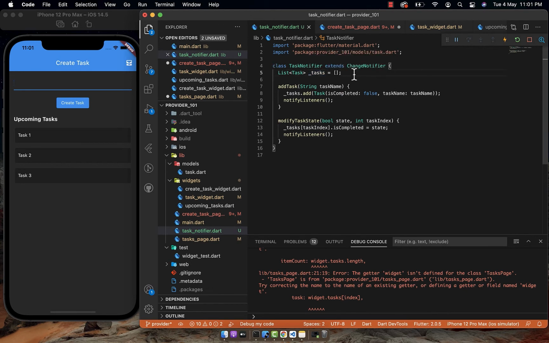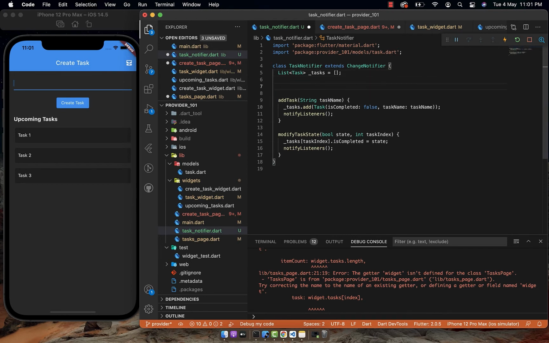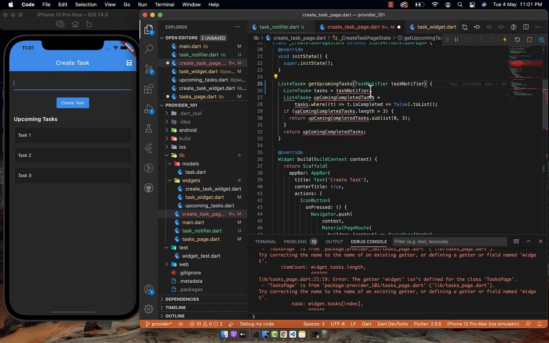So we have to write a getter so that the widgets can access this tasks list. Now that I have got the access of tasks, the method actually remains the same. The data source has changed, but everything is same.